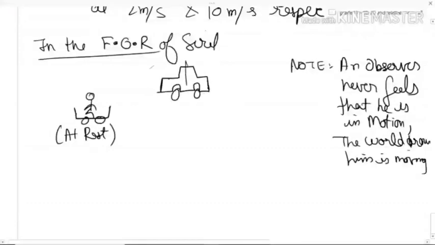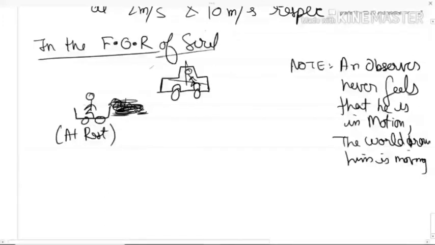Velocity of car, it will be reduced to 8 meters per second. Exactly. Since you reduced his velocity from 2 meters per second to 0, basically. So what did you do? You subtracted 2 meters per second, right? Yep. So this 2 meters per second which you subtracted from Cyril's velocity, it will be subtracted from everyone's velocity.